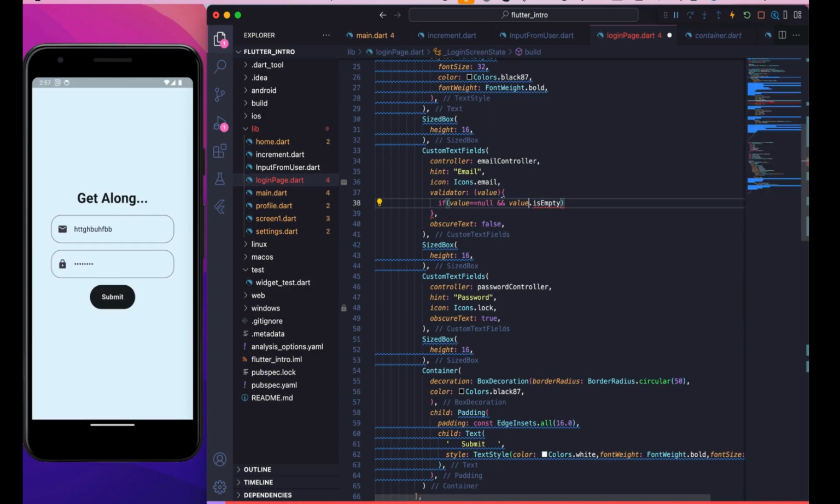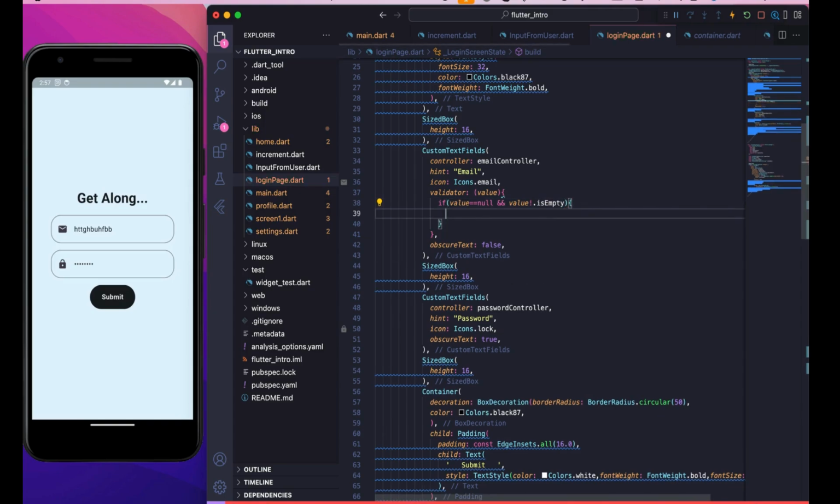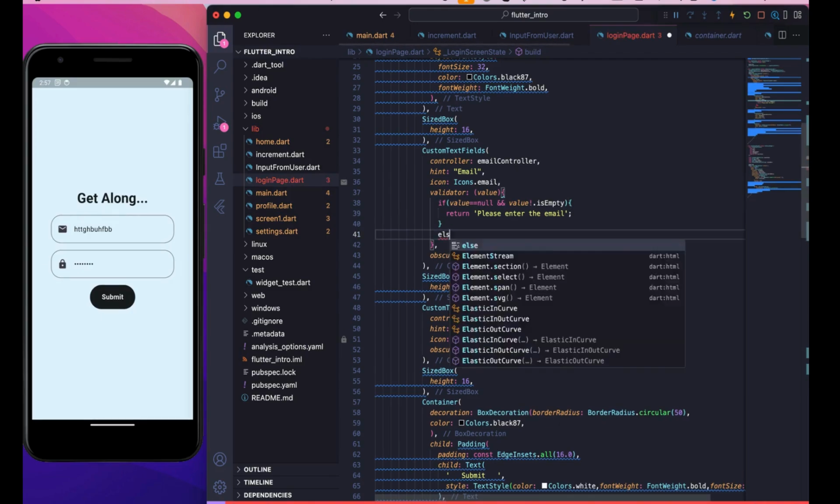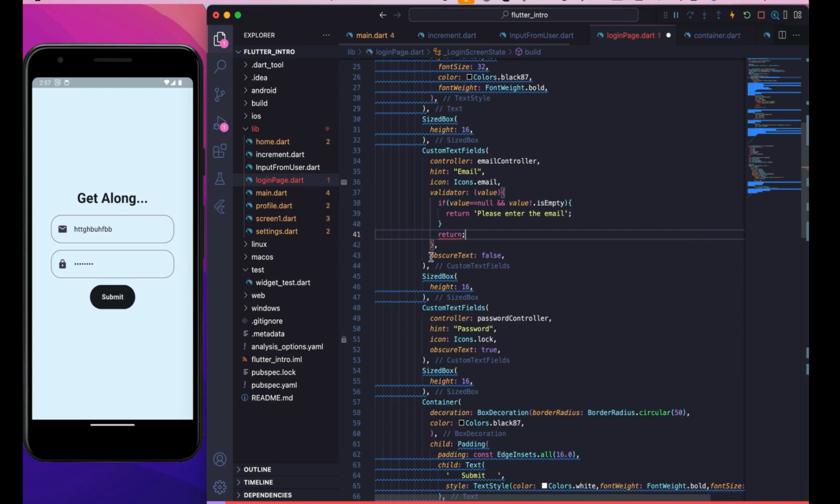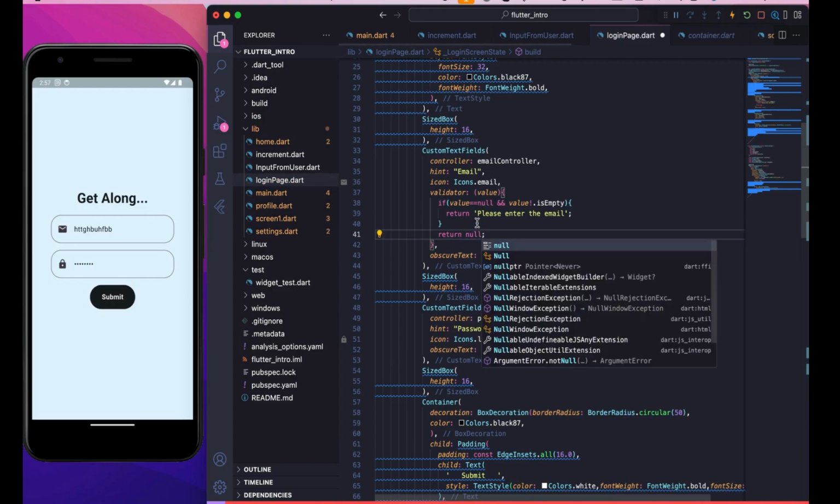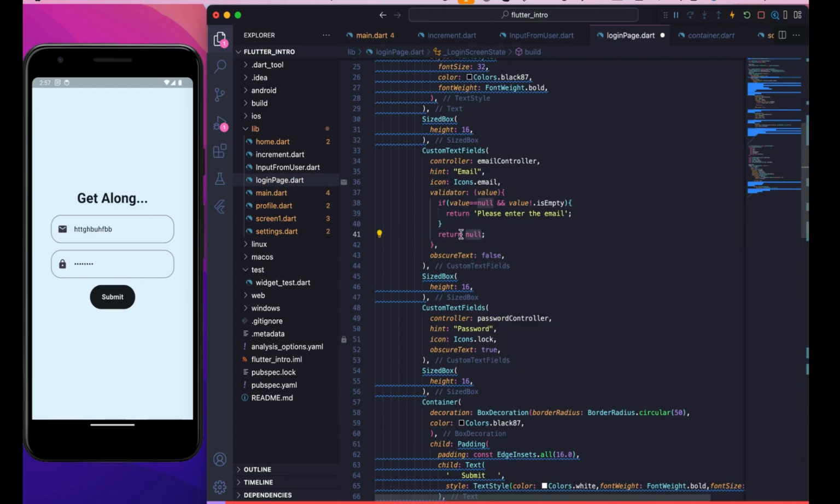it is telling you to add the null check. That's why I got stuck on that. Then return, what we have to return is the error that the text field will show. So we will return please enter the email, right? And otherwise anything else we will just return null. If you return null, the validator will not show any error. So if I just copy it now,